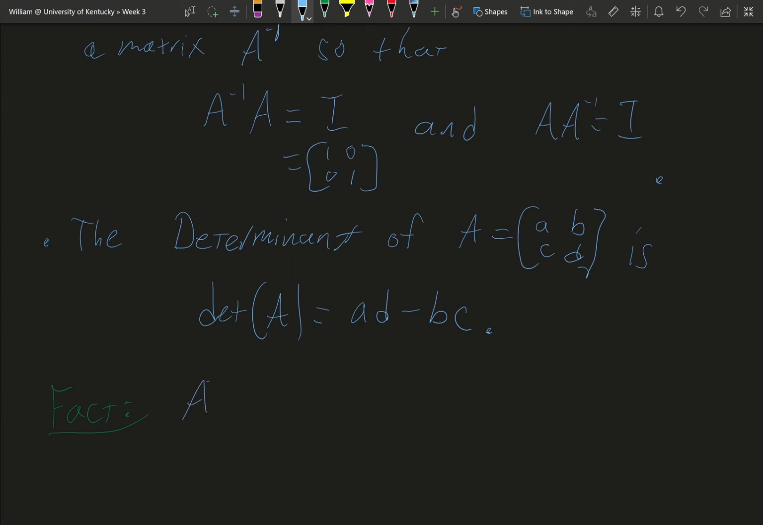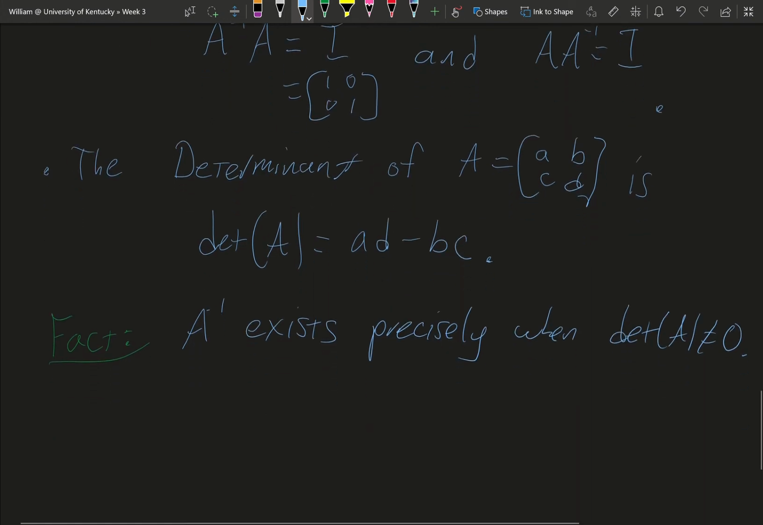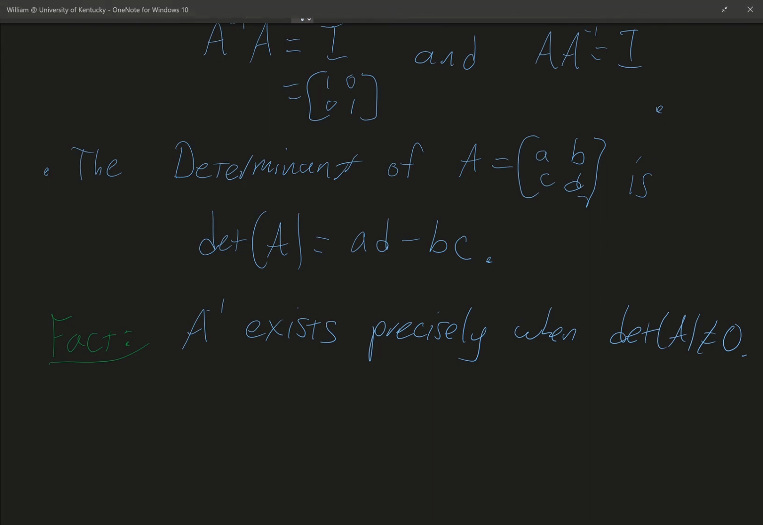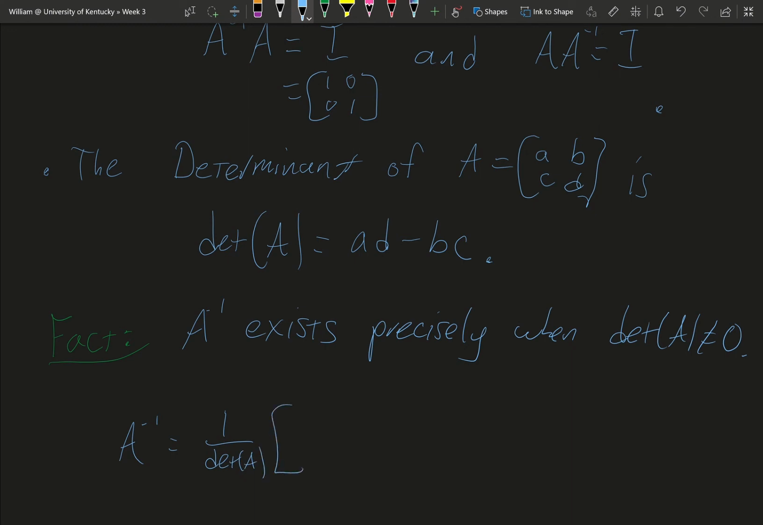So A inverse exists precisely when the determinant of A is not 0. Moreover, we also have just a formula for A inverse. So A inverse is 1 over the determinant of A times,